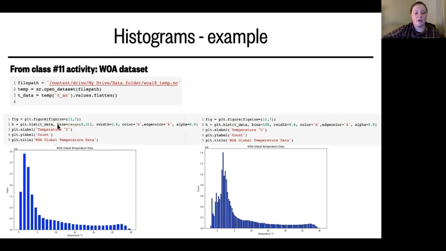Now we're going to talk a little bit about doing bin edges rather than just the number of bins. So this one, it just has 100 bins. It doesn't matter where those bins line up. They just sort of line up however many there are in your data. If you wanted to actually designate where those bins line up, so say you wanted to see how many temperatures between 0 and 1, and then 1 and 2, and then so on and so forth, you would actually do something like this,